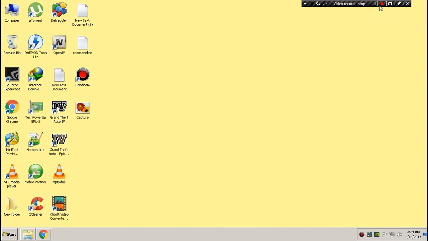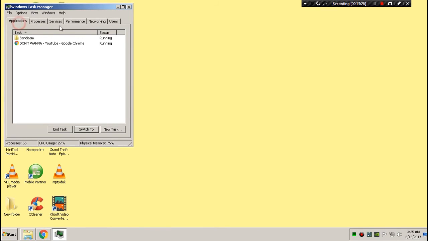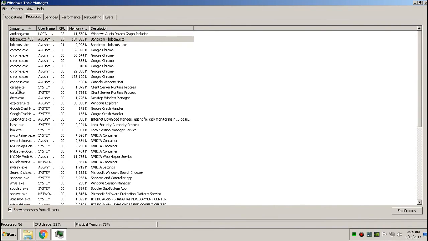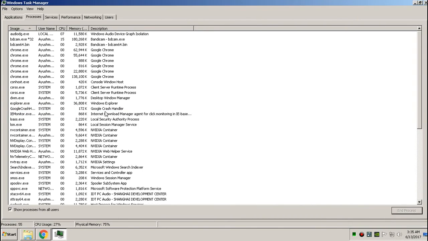So now close this, and the last step is you have to right click here on the taskbar and start the task manager. After you are seeing this, you go to the process tab, and now you have to click on show all processes from all users, and here you can see these two are the unnecessary processes which are consuming RAM of my PC. Simply you have to click on end process,